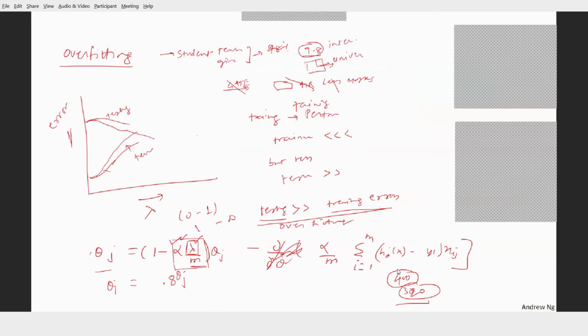So this is how we are going to handle the overfitting problem when we are implementing using a gradient descent algorithm. Now, when we are implementing the same thing using normal equation, I hope I have done normal equation in the class. We completed normal equation in our last session.